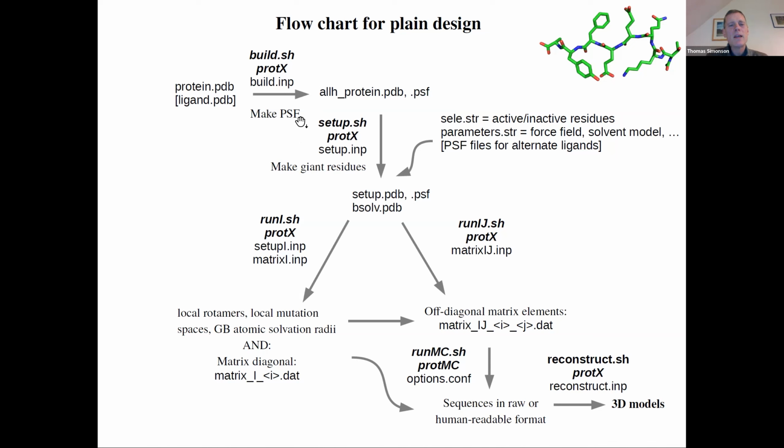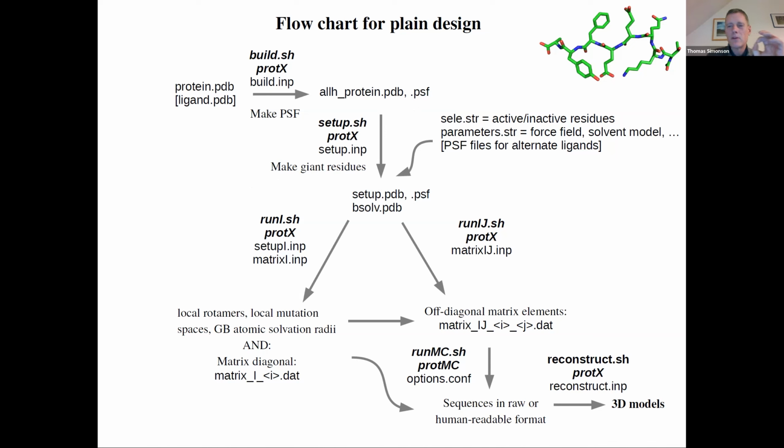It's basically making a PSF, which is like a 2D description of your molecule. It's like a 2D drawing of a giant protein, which gives you a lot of logical information, such as where are the covalent bonds. So you build up a modified PDB file, which has hydrogens, atoms, and a few other things. It's a PSF file.